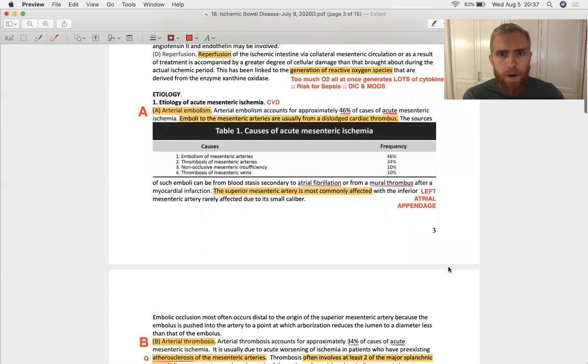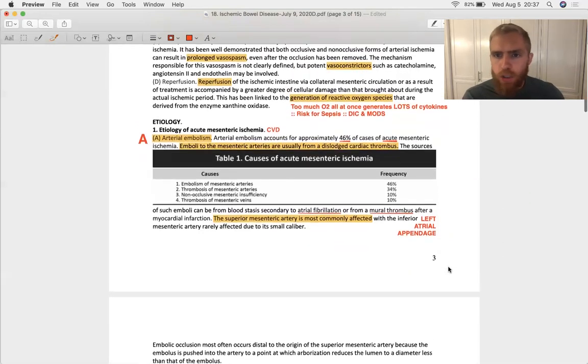We'll touch that later. And finally, reperfusion injury. Reperfusion can be a mechanism of acute bowel ischemia because anytime you withhold blood from a tissue and then let it all back in at once, well, what's inside that blood that's really important for those cells? Oxygen. So if you have a lot of oxygen all at once, well, your cells are going to be running their electron transport chains as fast as they can, but they're not going to be able to run them fast enough to